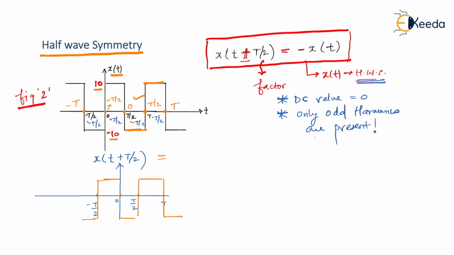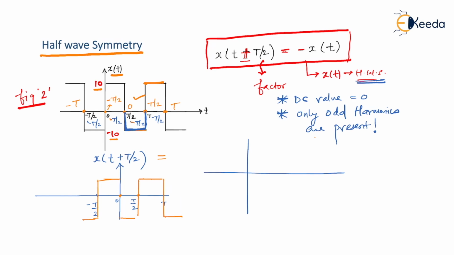Without actually doing these things, you can still identify with a short trick whether the given signal is a half wave symmetry signal or not. So let us see. Listen to me very carefully. The trick is very simple. First, you have to see the negative half cycle of the given signal. I repeat what I said. For given x of t, just concentrate on the negative half portion of the given x of t. Try to shift that negative part upward.